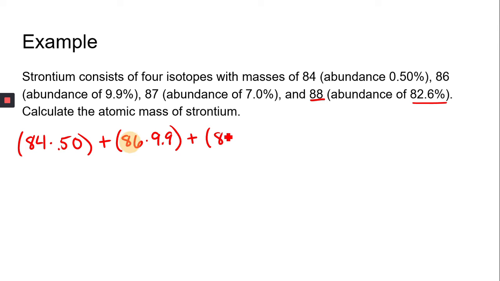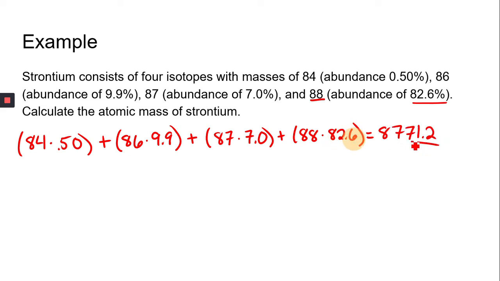Take our mass, multiply it by the percent. Mass times the percent. We're going to add all of them together. We get a large number. We're going to divide that by 100. And we're going to write the answer to 2 decimal places. So